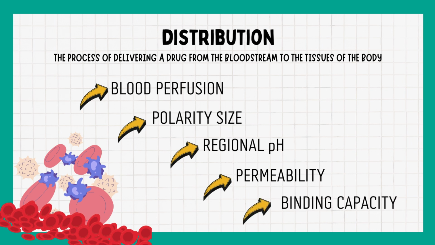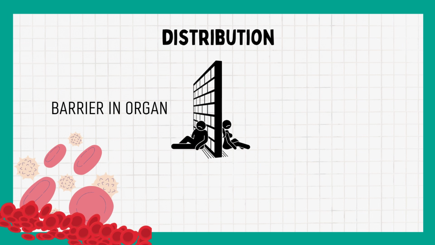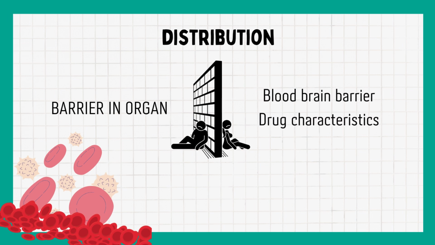For example, a drug like warfarin is highly protein bound, which means only a small percentage of the drug is free in the bloodstream to exert its therapeutic effects. If a highly protein-bound drug is given in combination with warfarin, it could displace warfarin from the protein binding site and increase the amount that enters the bloodstream. Additionally, there are anatomical barriers found in certain organs like the blood-brain barrier, preventing certain drugs from going into the brain tissue. Drugs with certain characteristics like high lipophilicity, small size and low molecular weight will be better able to cross